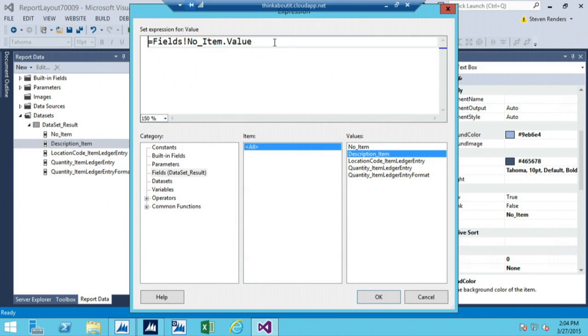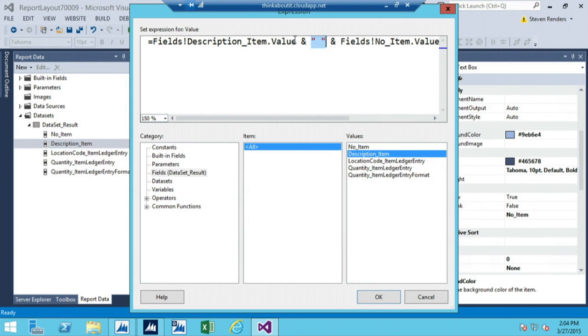I will go into the beginning, I will paste my description, then I will use the ampersand sign to concatenate the two fields, and I would like to have a space in between them. So I'm going to use another ampersand sign, and then in here I need to add my space, which is going to happen with the two double quotes. Double quotes are actually used for strings. So this is actually the space which is going to be shown,